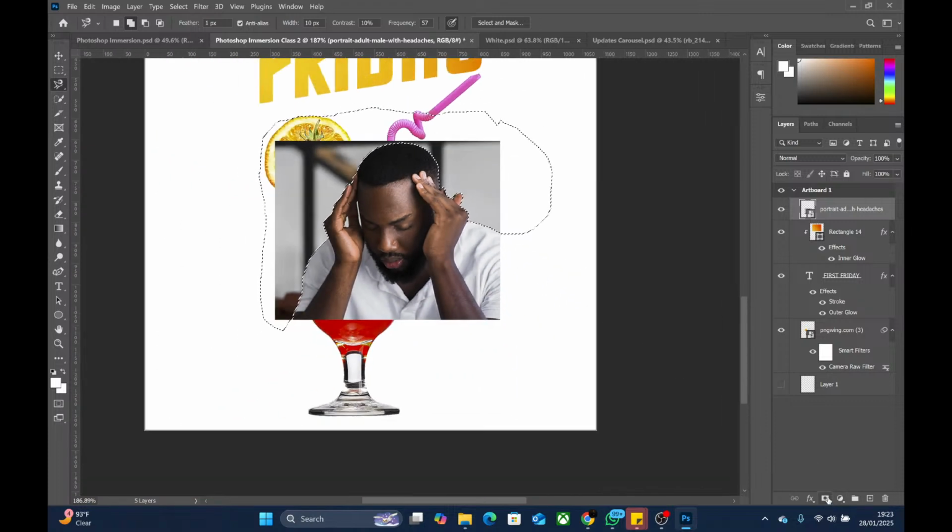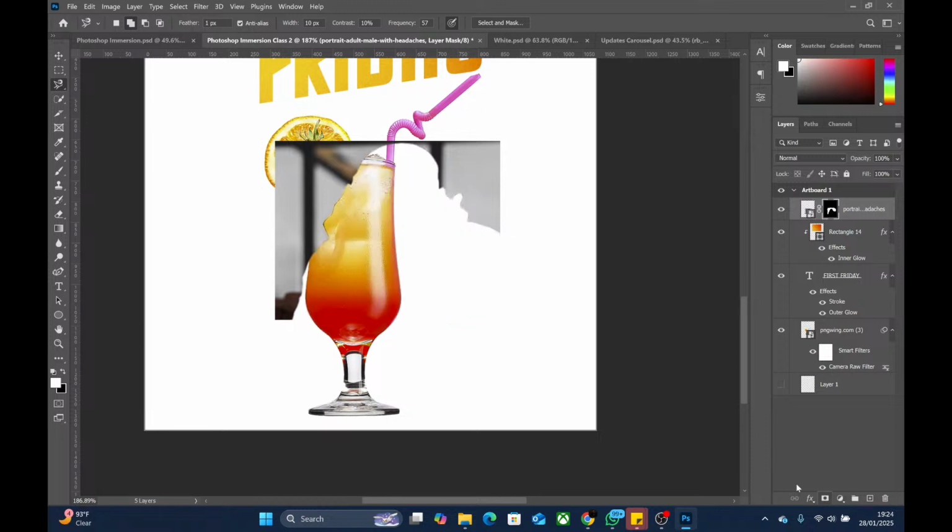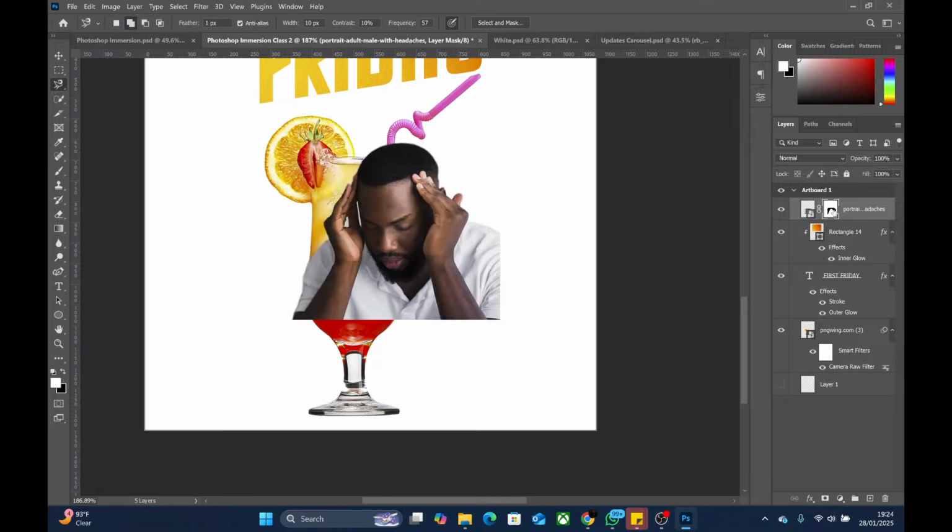Then if you click on your mask, you add a layer mask in 1 2 3, then it gives you this mask. Now this works differently because the mask covers the guy. I mean, it takes the guy out. The way masks work, I'm going to explain it maybe tomorrow, is that anywhere that is black will be hidden, anywhere that is white will be revealed. So what we do now is I come to this mask and invert it. Please don't bother yourself now. You will learn it as time goes on. So I invert the mask